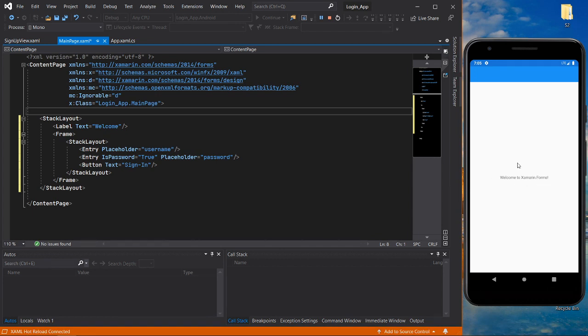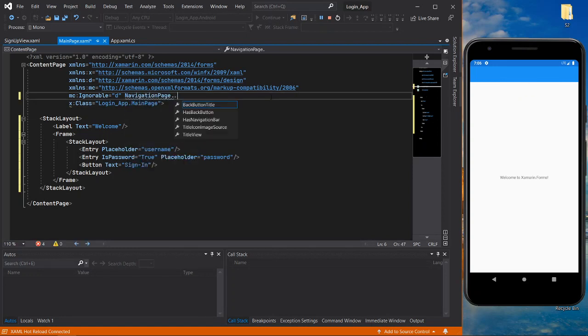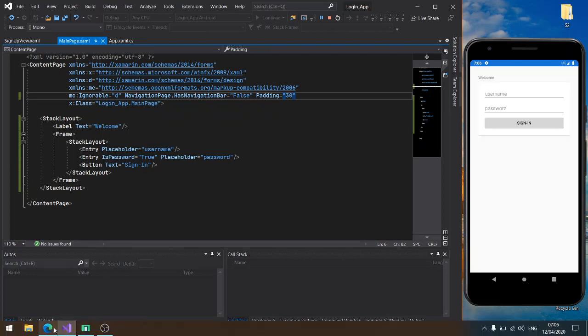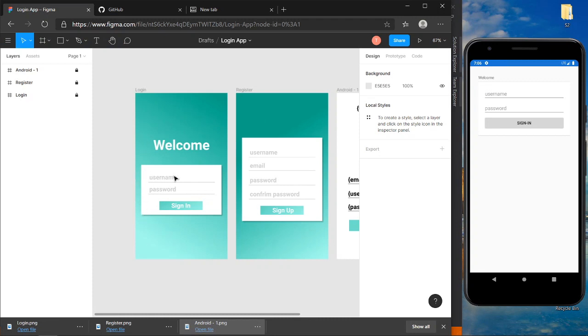So here it is, welcome to Xamarin Forms. So we don't need this bar, just like in the tutorial. Navigation page dot has navigation bar, set it to false. And let's save stuff and let's see how it looks. I know it will look like crap. Not bad for starting. For padding, let's add like a 30 or something. We want some huge padding. As you can tell in here, this is huge. Not so much, but